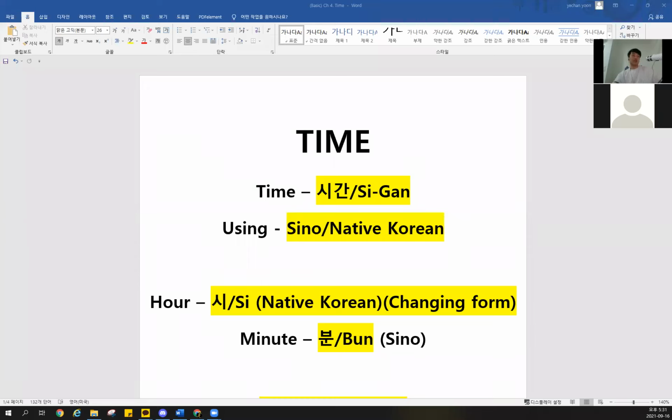All right. So we're going to learn about the time for today. So for the time, we can speak with 시간. So for writing, reading or speaking the time, we are using the Sino version and the native Korean at the same time. Sino is based on the Chinese pronunciation, and native Korean is just the native Korean words. If you don't know what Sino and native Korean are, please watch the previous class video. It's already on YouTube.